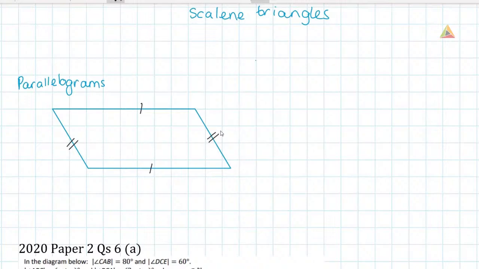So a parallelogram comes from the word parallel. So opposite sides are parallel to each other. So we had our little arrows to tell us that we had parallel sides. So these two sides are going to be parallel, and the top and the bottom are going to be parallel